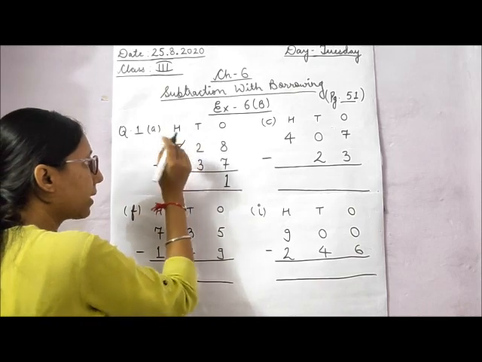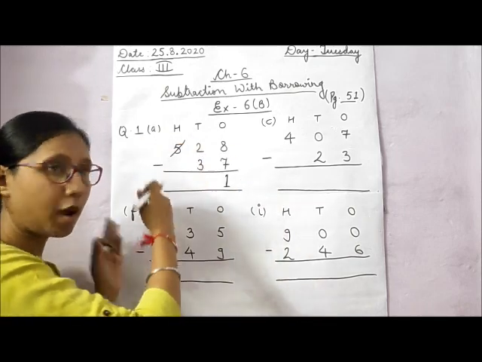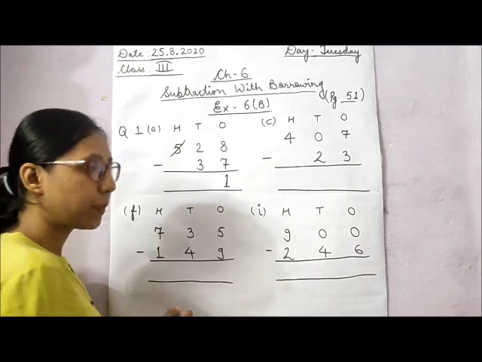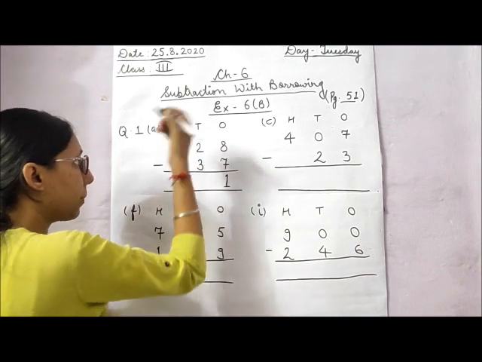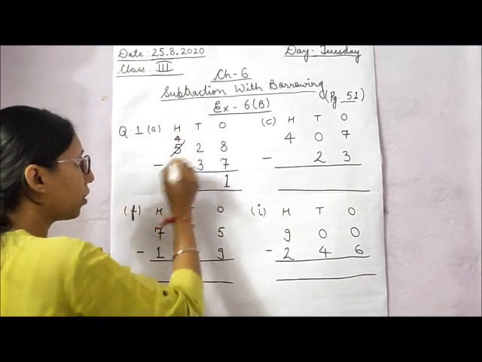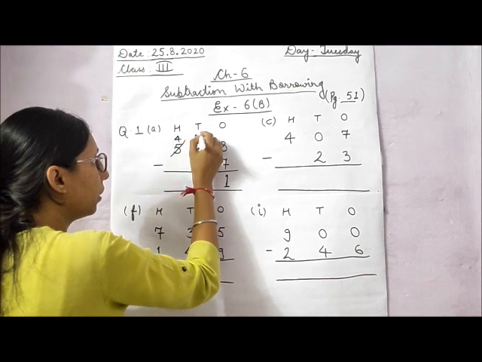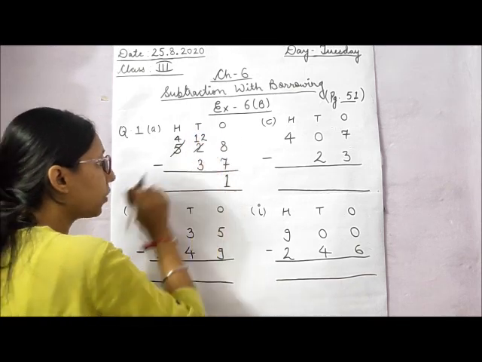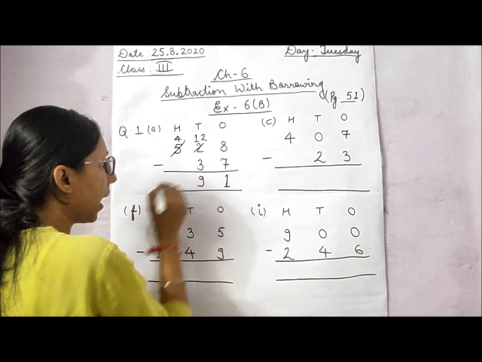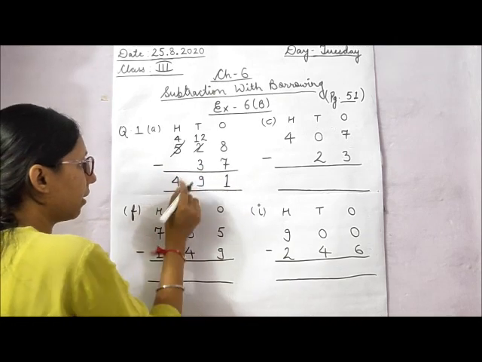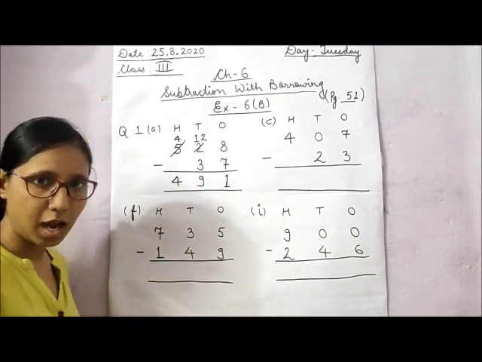अब आपको hundreds की place से borrow लेना है और वो borrow आप कहाँ देंगे? तो tens place. So यहाँ 5 से पहले क्या आता है? 4. यहाँ 4 हो जाएगा and this 2 will become 12. Now 12 minus 3 is 9. 4 as it is. So 491 is the answer.